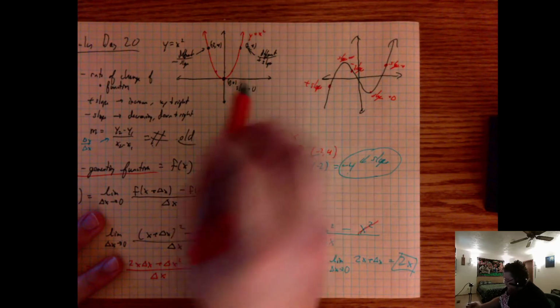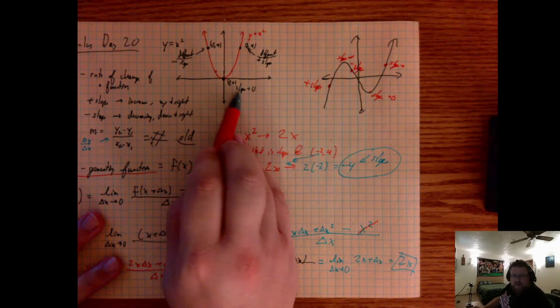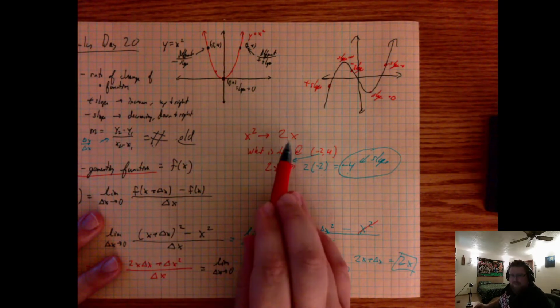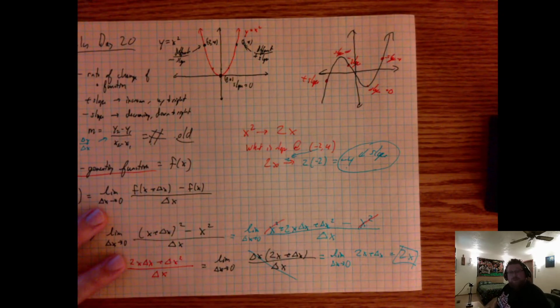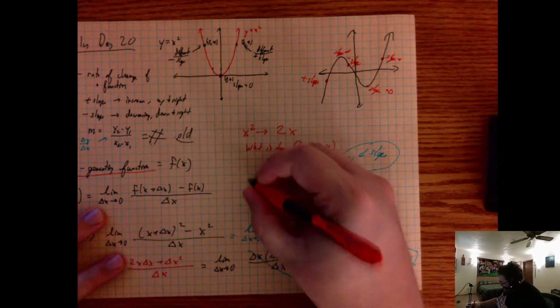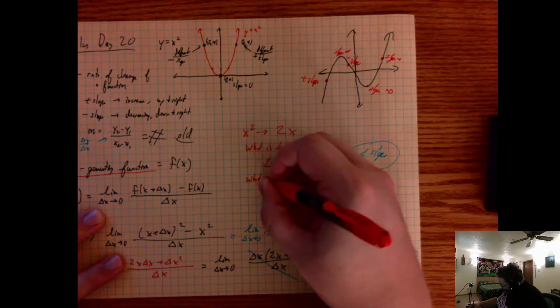Let's ask the next question. We already know its answer because we can see it from the picture, right? This is supposed to have a slope of 0. But do we get that from the slope generating function? Yes, we do. Let's try it out. What is the slope